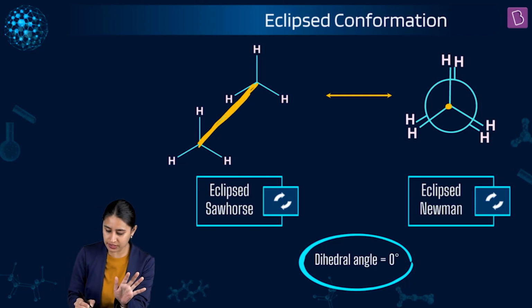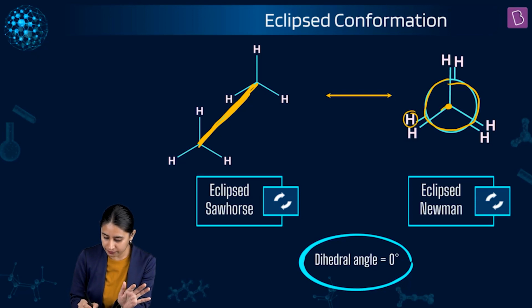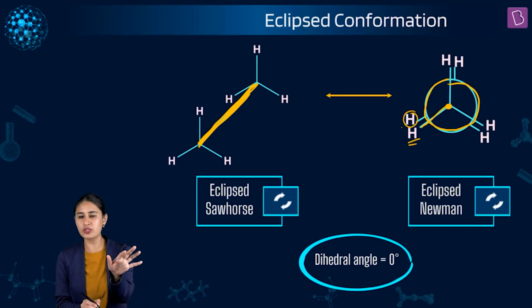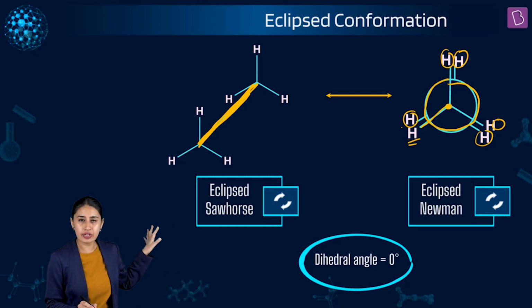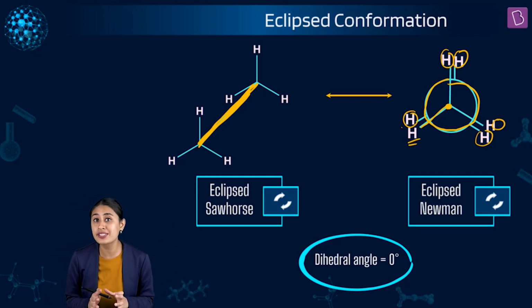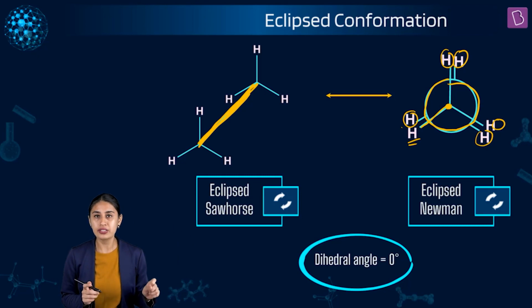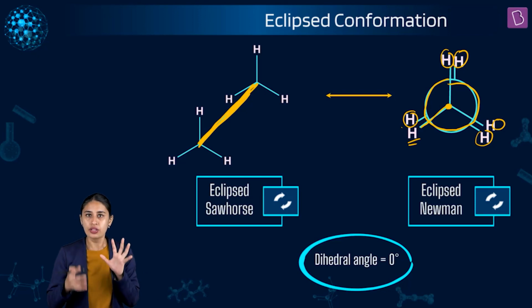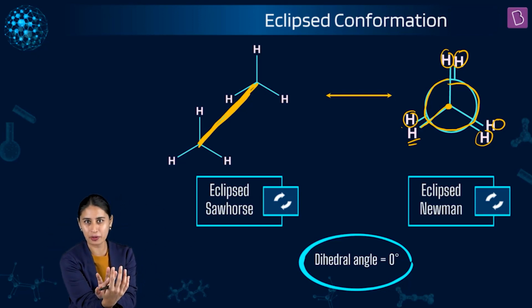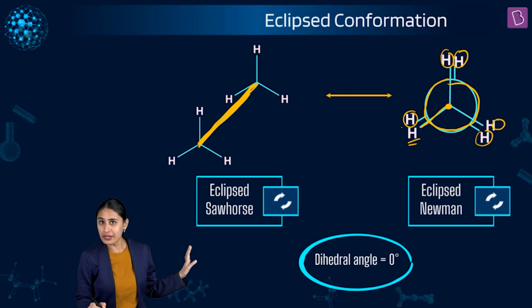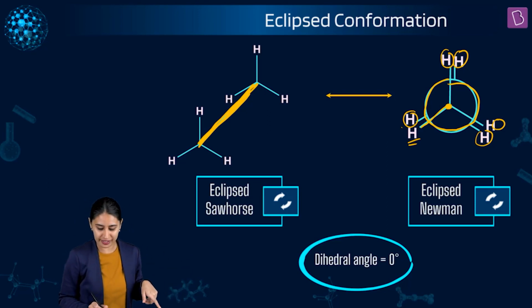So with respect to the first carbon, this is how we make the second carbon. And just behind the first hydrogen, very close, we make the hydrogen of the back carbon. So it is here and so is here. So when we say we have an eclipsed conformer, the dihedral angle is equal to 0 degrees. That means the substituents are just behind one another. Okay? So now let's see the staggered, just the opposite of eclipsed.